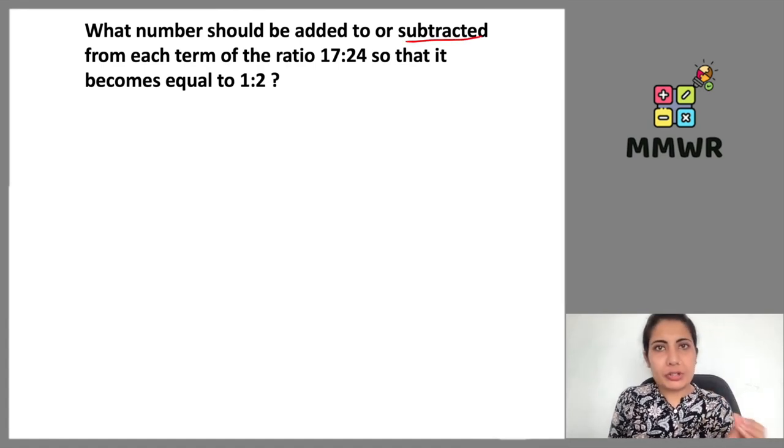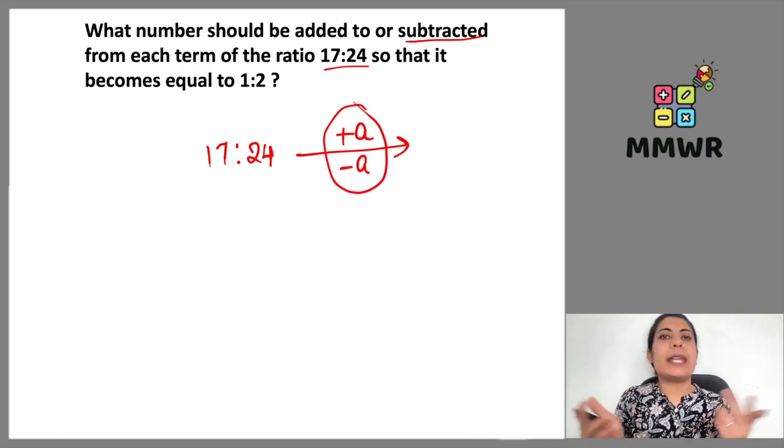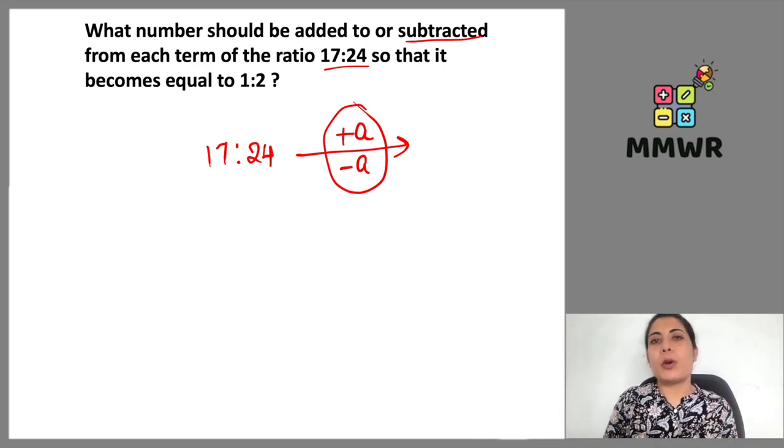Either we have to do addition or subtraction to the ratio 17:24. I don't know whether I'm going to do the addition or subtraction. The value for A is of course going to be negative if we are doing subtraction, or it will be positive if we are doing addition. So this is the original ratio, after doing addition or subtraction,